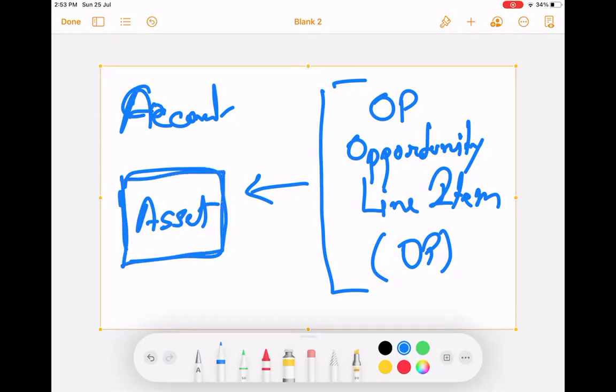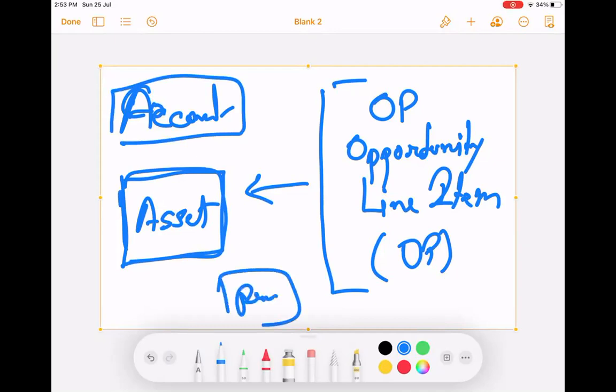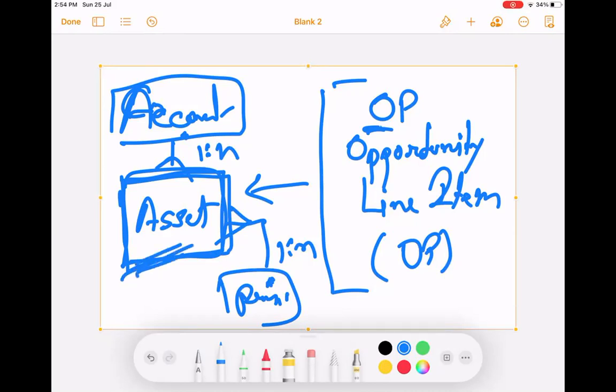So asset is a mapping between account and product, just like opportunity line item is a mapping between opportunity and the product. Similarly, which customer has which products, that is stored in assets. That means this is a mapping object, right? And a mapping object is a one-to-many relationship on both sides. Same. Is it clear? So this is another default Salesforce object, which we know.